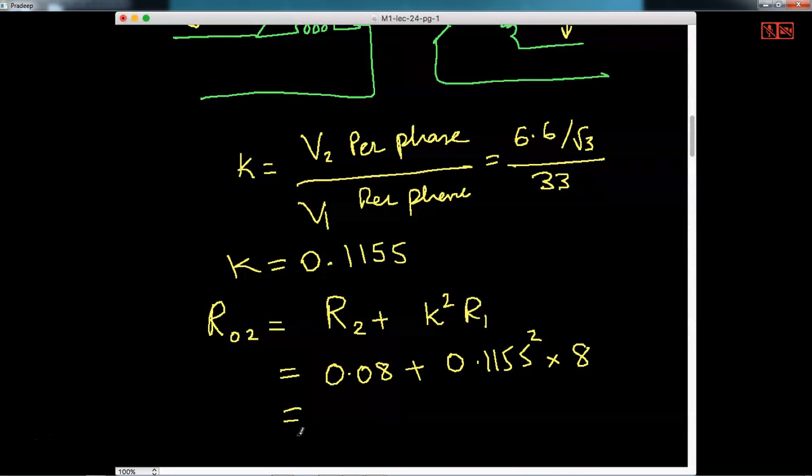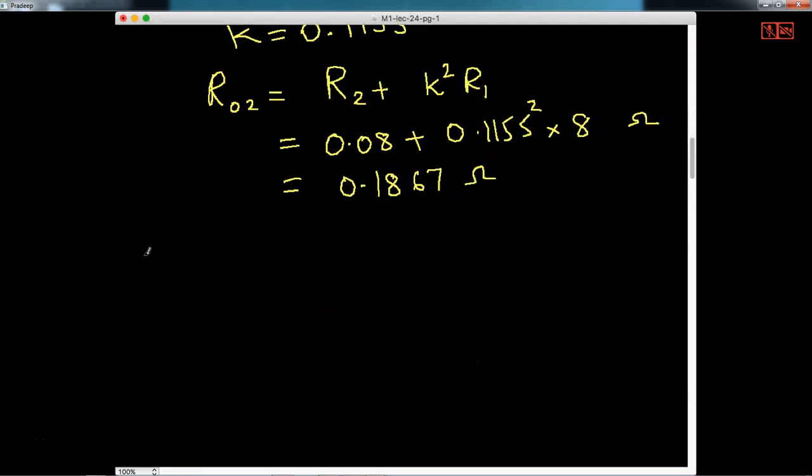So I'm getting 0.1867 ohms as my R02 resistance. Now, once I have R02 resistance, but before finding Z02, first I have to find the impedance drop. So how much is the voltage drop per phase? So what you can do is impedance